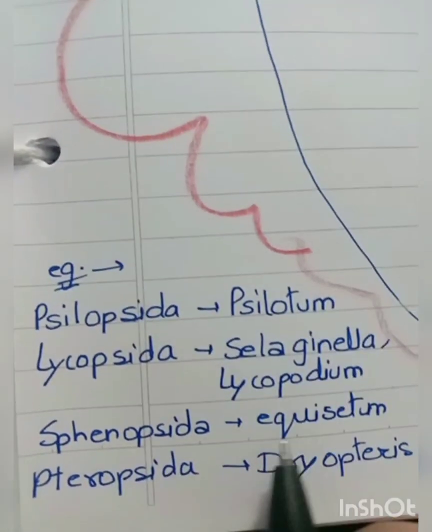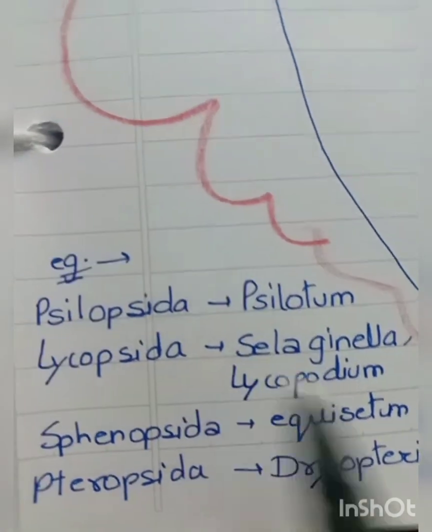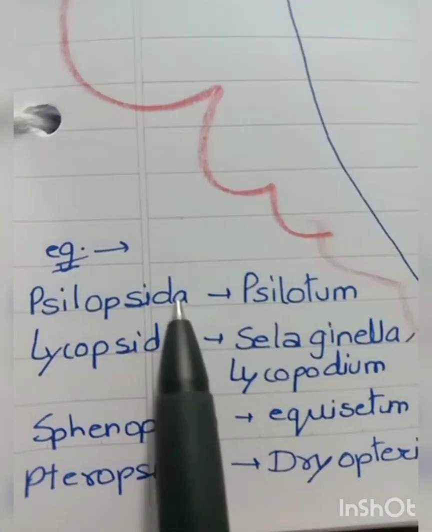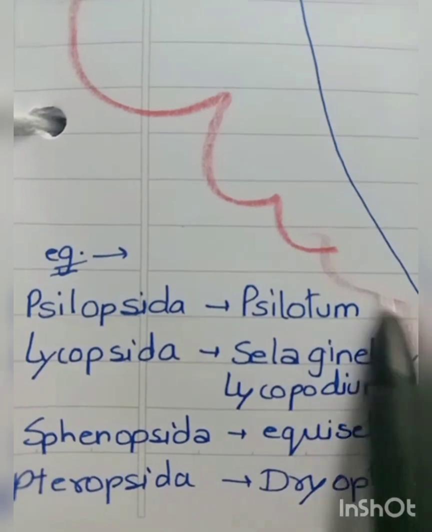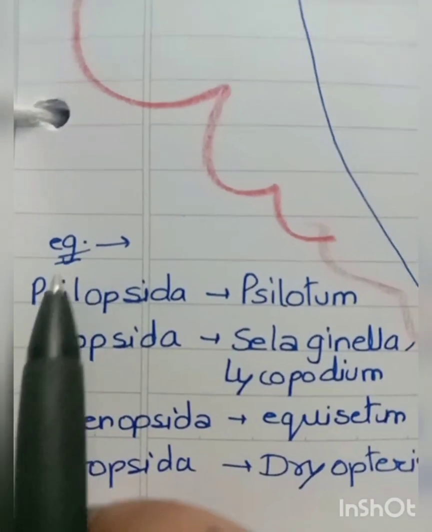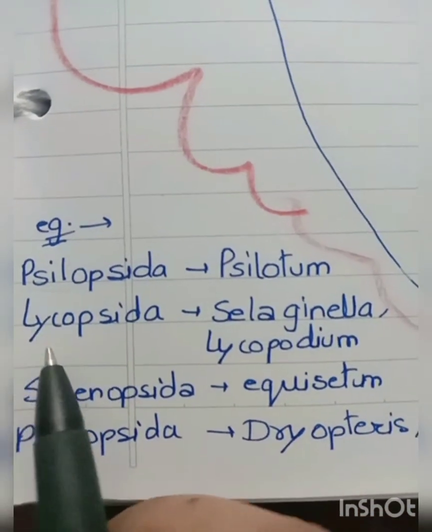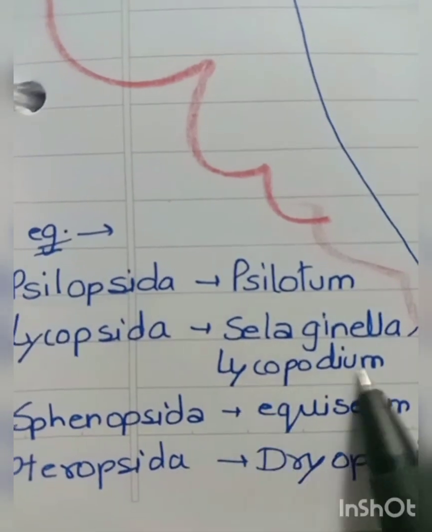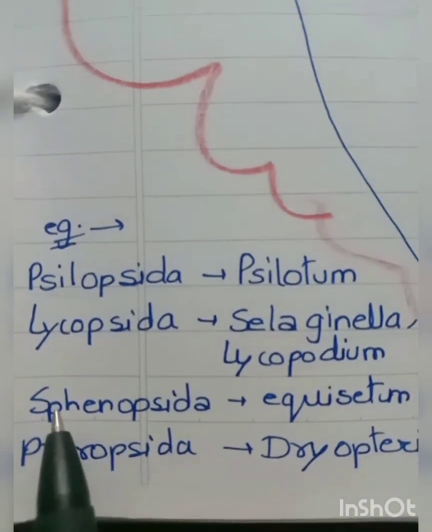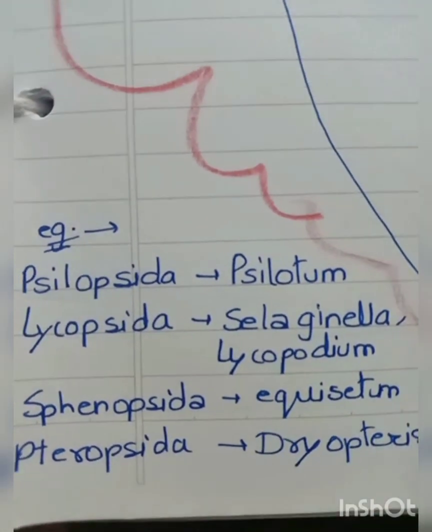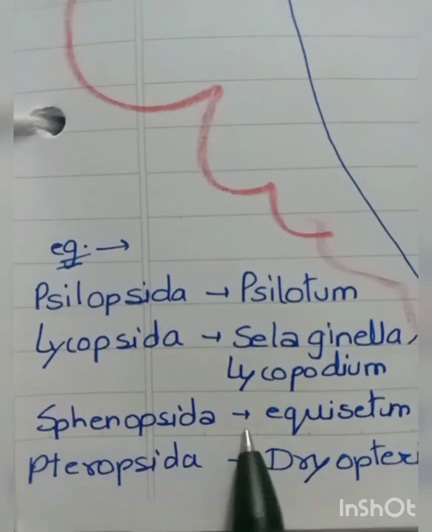These are just the examples of pteridophytes. Okay, so the first is Psilopsida. Okay, this is maybe the genus. I think it's the class or genus. Okay, so Psilopsida, the example is Psilotum. Okay, you can remember it easily, like this is psilo, so Psilotum is an example. Lycopsida, Selaginella, and Lycopodium. Lycopodium you can easily learn, just cram up this Selaginella. Okay, Sphenopsida, the example is Equisetum. So you just cram up that Equisetum is the only example of Sphenopsida.